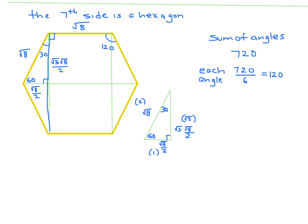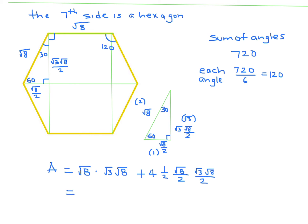Okay, so the first is this big rectangle, if I want to figure out my area. And that's length times width, so we got root 8 times this guy times 2. So that would just be root 3 times root 8, like that. And then I've got to add to that these triangles. And there's 4 of them that are identical, right? And 2 on the other side. So 4 times 1/2 base, which is root 8 over 2, times height, which is root 3 times root 8 over 2. So this looks like 8 root 3. And this looks like, let's see here, 8 root 3 over 2. So this looks like 3 over 2, 8 root 3. And if you get out your calculator, that will be